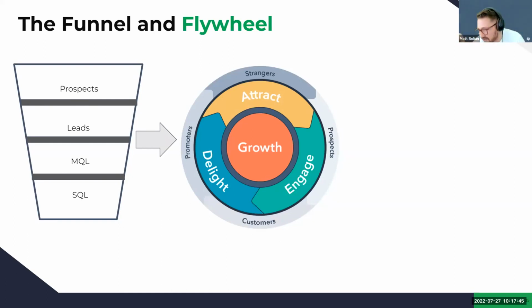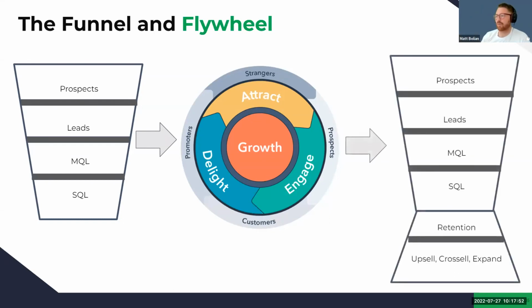How do you actually turn this little circle into a data model and a CRM? So you've had people start thinking about it this way: you push it over and you have the bow tie funnel, right? And this usually is at the bottom, you're now doing retention, upsell, cross-sell, expansion. But how do you put this inside of a CRM? How do you start thinking about these metrics in a way that is helpful, in a way that we can drive business? We can see if our go-to-market motion is working or not working, how to make slight adjustments and do small adjustments for large outsized returns.